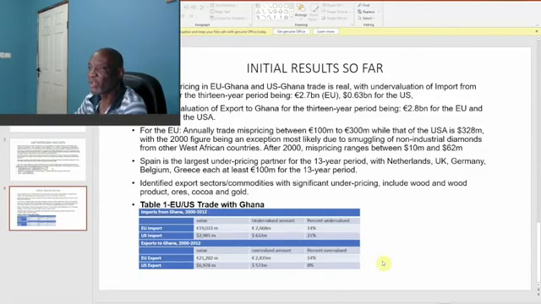In the case of an evaluation of imports for the 13-year period, the invoice amount was 2.7 billion for the EU and $0.63 billion for the US. An evaluation of exports to Ghana for the 13-year period was 2.8 billion for the EU and